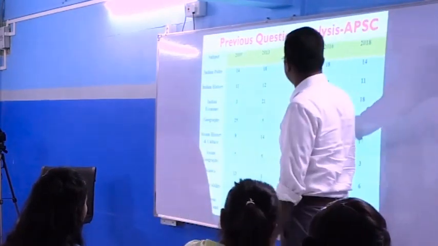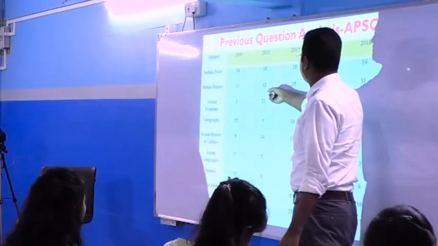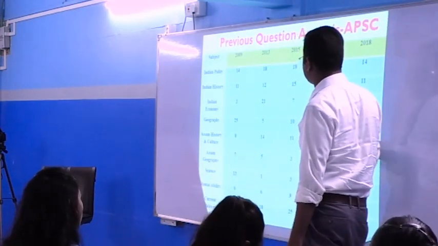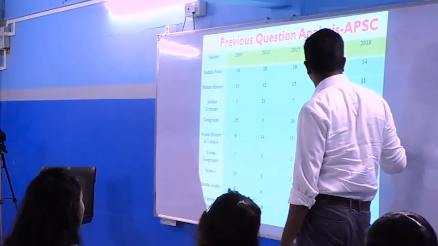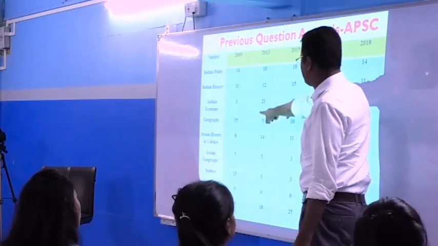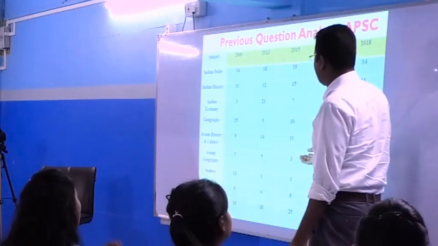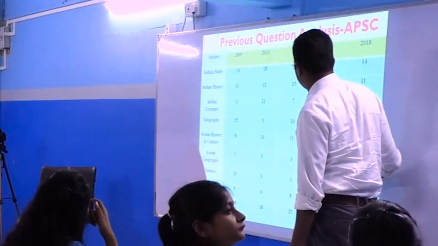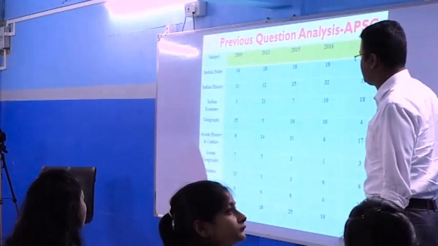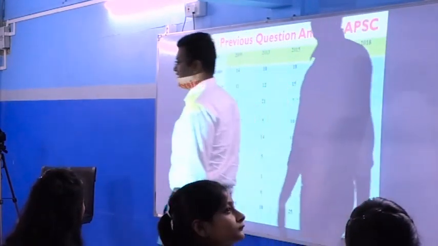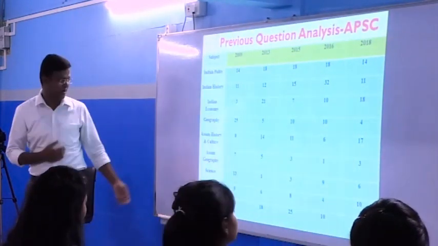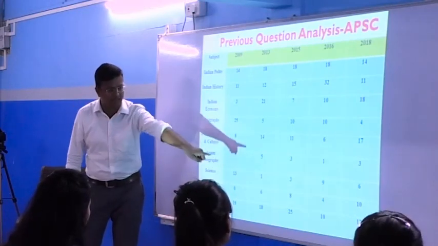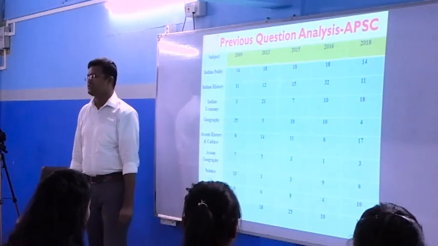I can give you two task plans, and I can come to the strategy later. Then let me explain this. Everything is important. Indian polity, anything that comes more than 10%, is important. Indian economy is also important, and geography is also important. Sometimes 4 questions came last year, but in all other years, 25 questions came, in 2009. And Assam history is also important; 17 questions came here. Assam geography is also important, but sometimes less important. But anytime, like Indian economy happened for me, it may also happen for you. Then science and technology is also important, and mental ability sometimes 0, sometimes up to 10. Current affairs is also important.